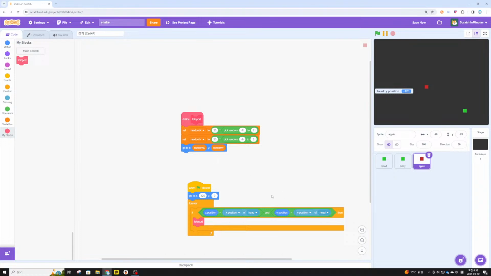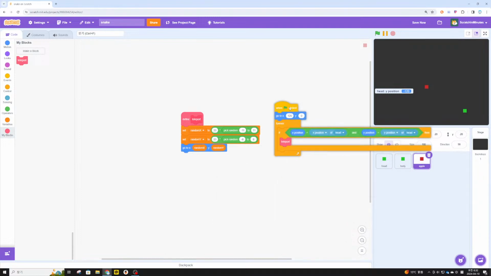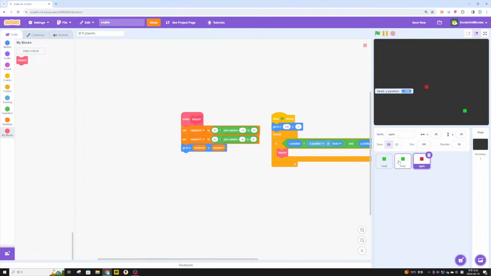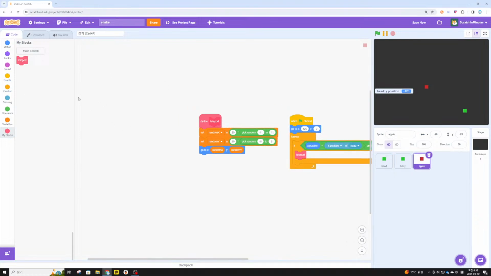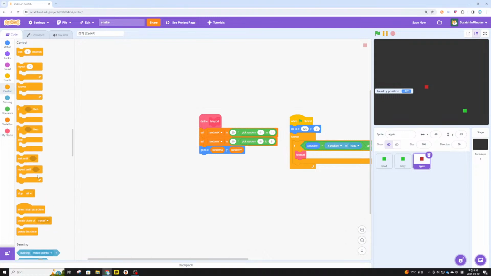We don't want the head to directly touch the apple upon spawning, and we don't want the body to overlap the apple, so we're going to repeat until